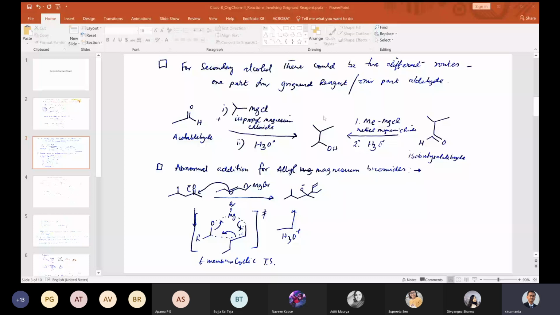So if I cut here, you have a CH3CHO. So basically you take acetaldehyde and isopropyl magnesium chloride or bromide. Then this negative charge will attack here, you generate this. But if I cut here, you take methyl magnesium chloride and take this aldehyde, isobutyraldehyde, and then you make this